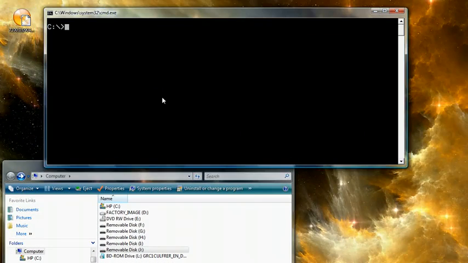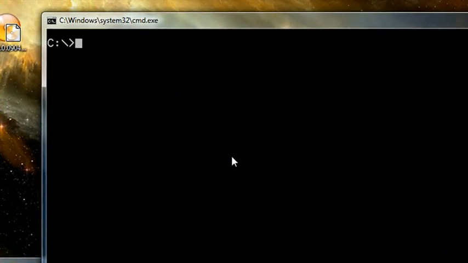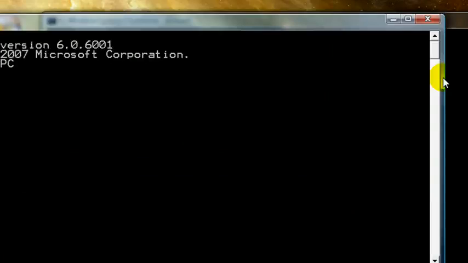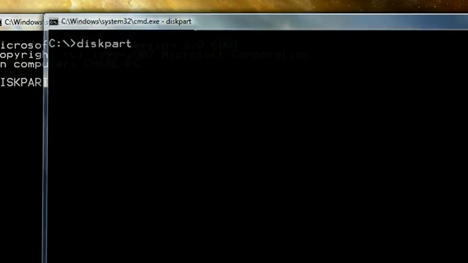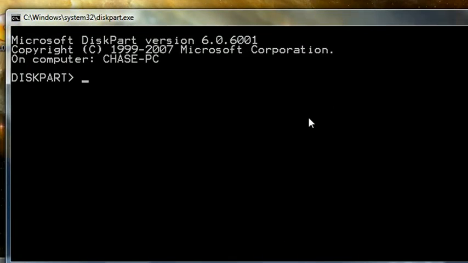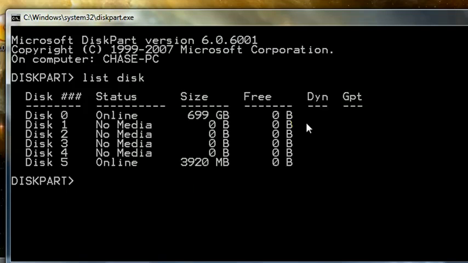So open up your command prompt and you're going to type in diskpart. That's going to open up the disk partitioner. If I would have just ran the command prompt as administrator in the first place, I wouldn't have had to do that. So if you type in list disk, you can get a listing of all the available disks. Now I know that my thumb drive is disk 5, but if you don't know,